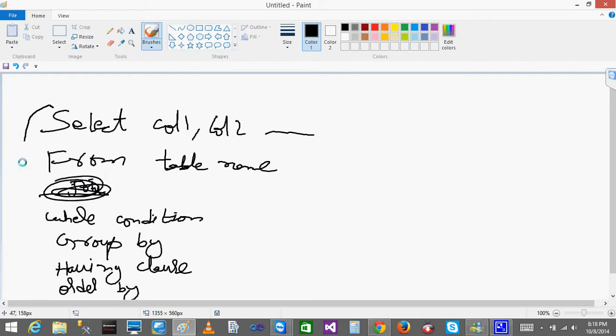So these are the things that you need to follow. You can't write having before group by, you can't write group by before where condition, you can't write order by before group by. This is a standard way you will be following. This will be the order. First you will have the select, select from,